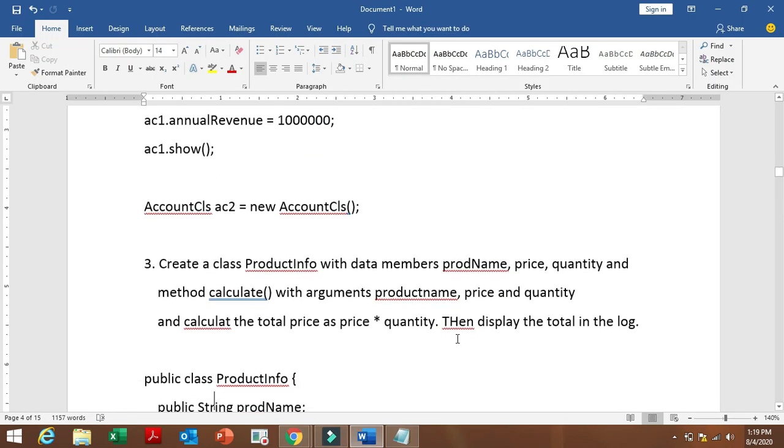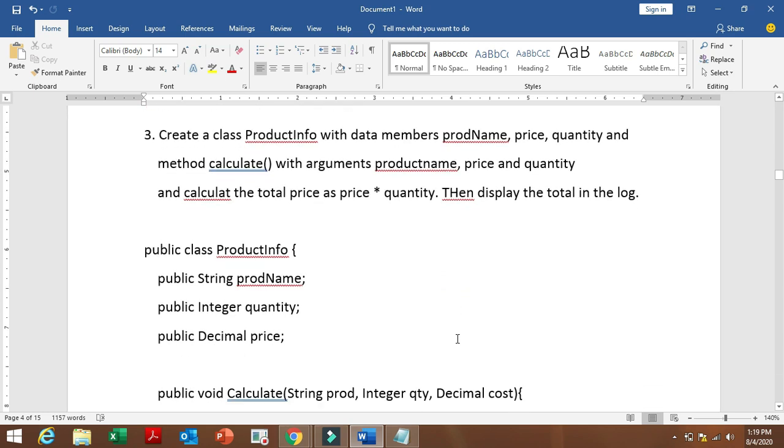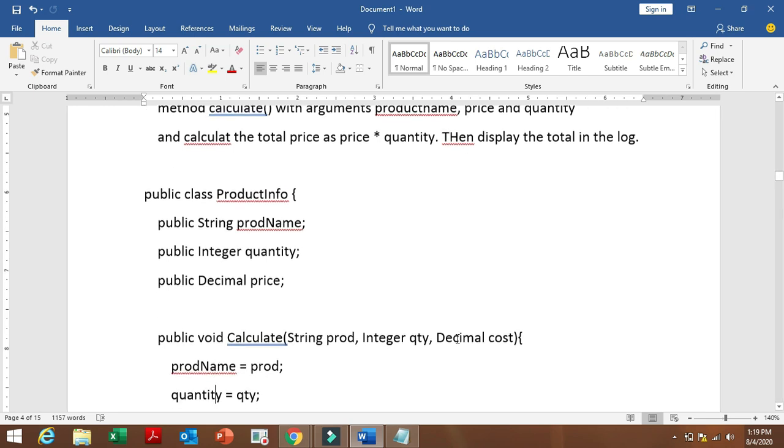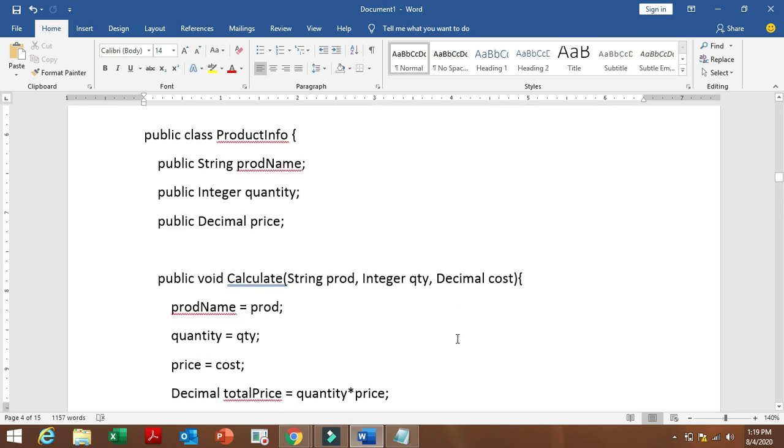Next one is create a class product info with data members product name, price, quantity and a method calculate with arguments same as product name, price and quantity, and calculate the total price, price into quantity, then display the total in the log. Okay.